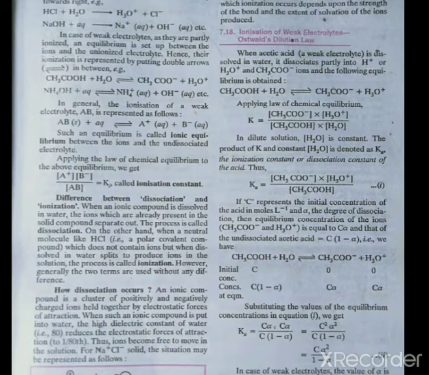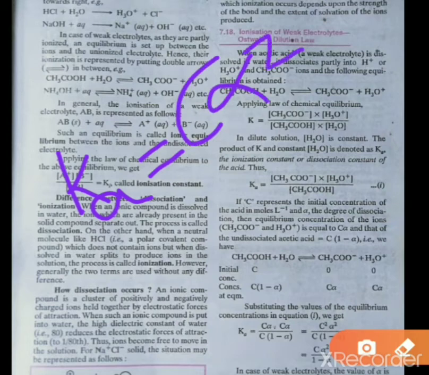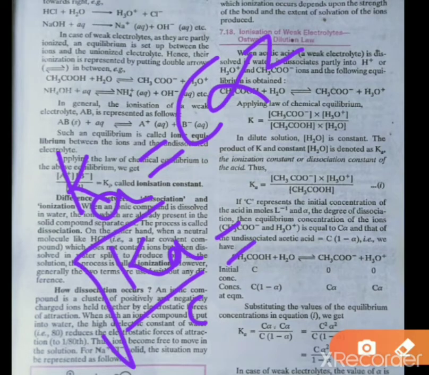So students, in case of weak electrolyte, the value of alpha is very small and can be neglected in comparison to 1. So we can assume 1 minus alpha is equal to 1. So the dissociation constant of acid will be equal to C alpha square, or alpha is equal to under root Ka by C, that is the degree of dissociation. Alpha can therefore be calculated at a given concentration C if Ka is known.